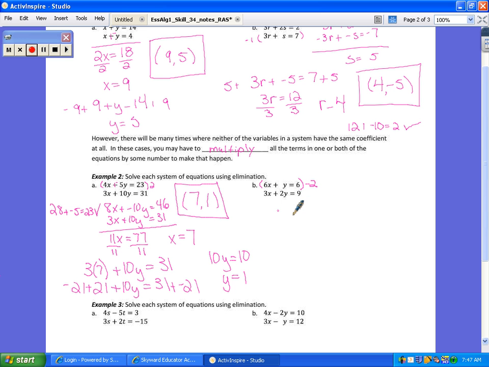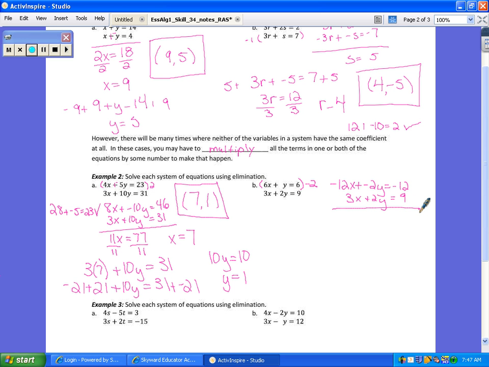So if I do that, I get negative 12x plus a negative 2y equals a negative 12. I get 3x plus 2y equals 9. And I'm getting a lot of negative numbers, so maybe that wasn't my wisest choice, but it doesn't matter. It will still work. So if I add straight down,